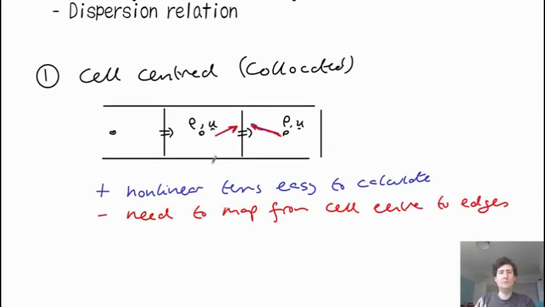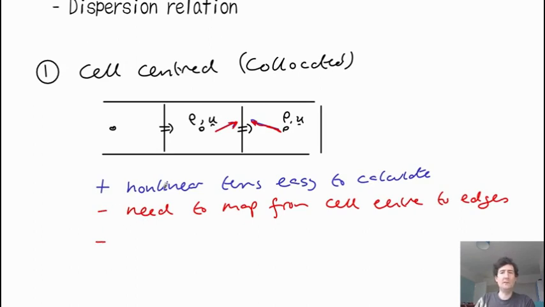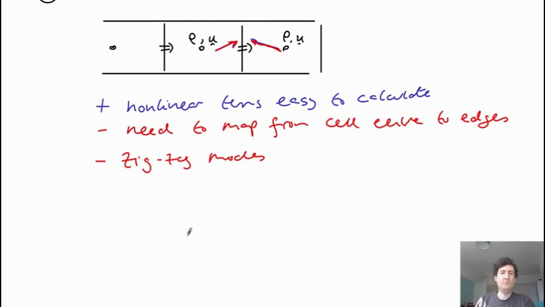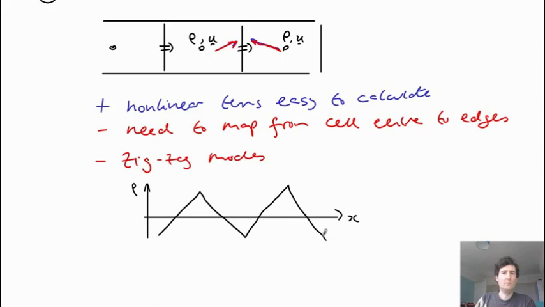And one of the problems that we'll analyze in a bit more detail later is that if you have these cell-centered schemes, there are usually zigzag modes which can occur. One way to visualize this is, let's say I'll draw this direction as x, and then we have a density, for example, this is mass density rho. If we have a mode which looks like this, so we have density which is going up and down like this,